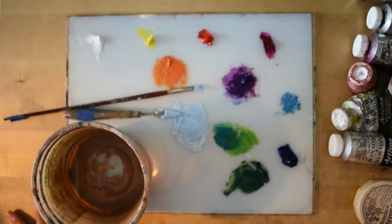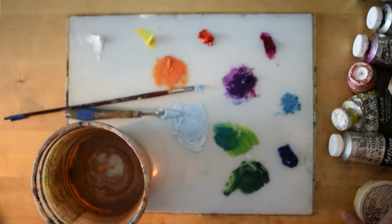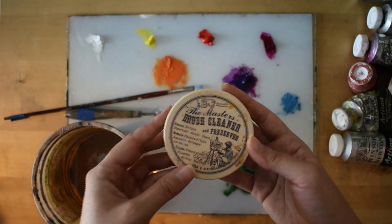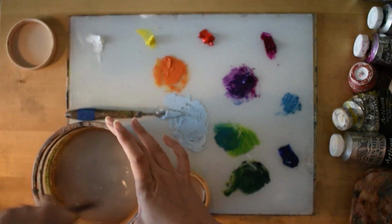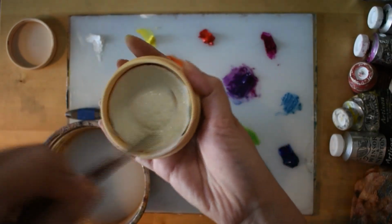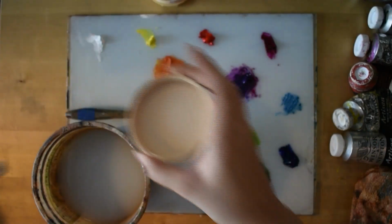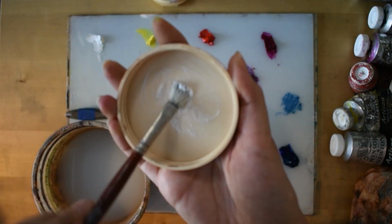Alright, so cleanup is really a breeze with the water-soluble oils because it's water-soluble. You can just use regular soap and water for your brushes. I like to use the Masters brush cleaner. It's a really great soap that's going to help preserve your brushes for a lot longer. And so all you do is give it a quick rinse with the water, and then you can go in and take your soap, swirl it around in the soap a good couple of times, and then either using your palm, or I like to just use the cap, you're going to go in and swirl the brush around, really working the soap into your brush,